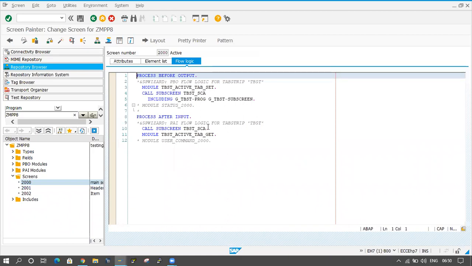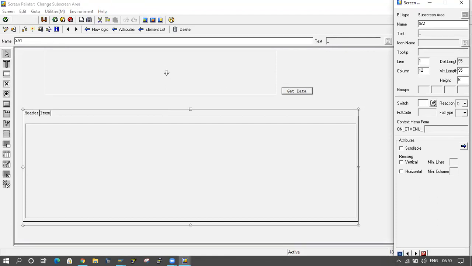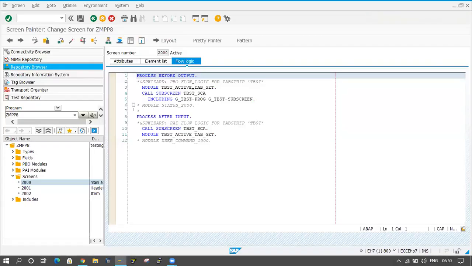So that subscreen I have to pass in the 2000 screen subscreen area. So in this screen, the subscreen area, I want to display those select options, I mean that subscreen. So in this case I have to link that one.